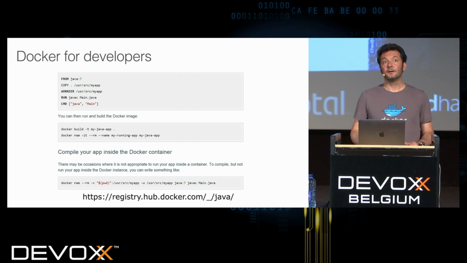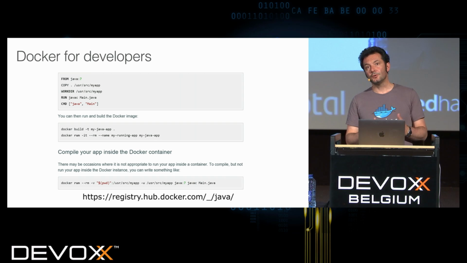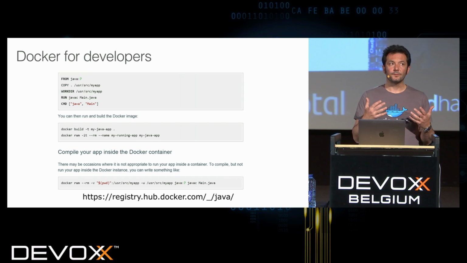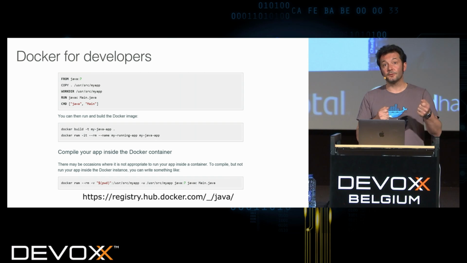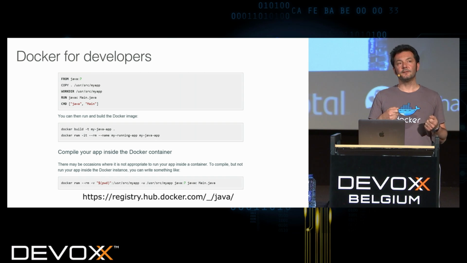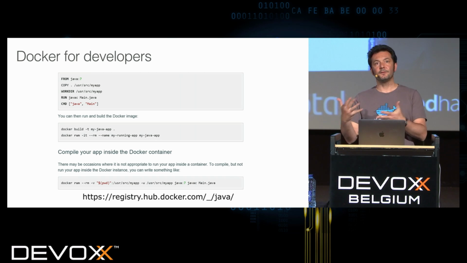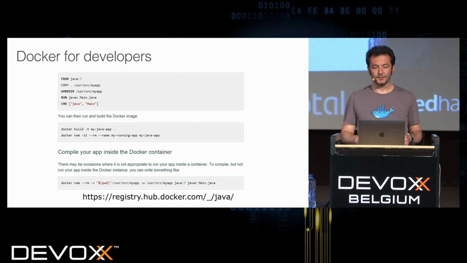One of the things is, you're building your code, so you can choose to build your image so that the image builds your code, or another best practice that people have been doing is using a container to build your code, and then after that you build the image with the artifacts, so that you don't have a lot of layers that are useless in production.